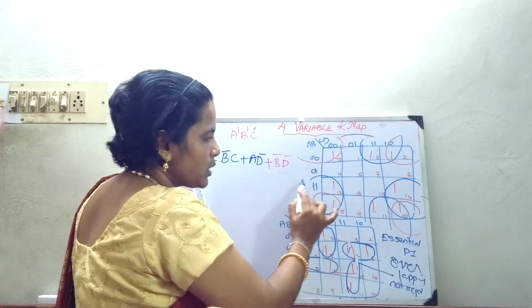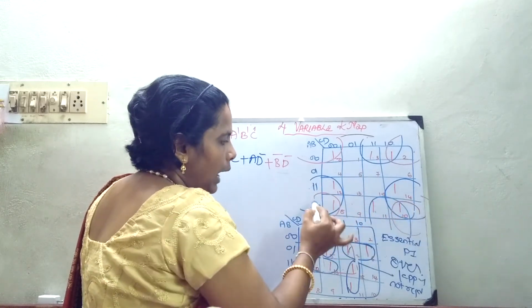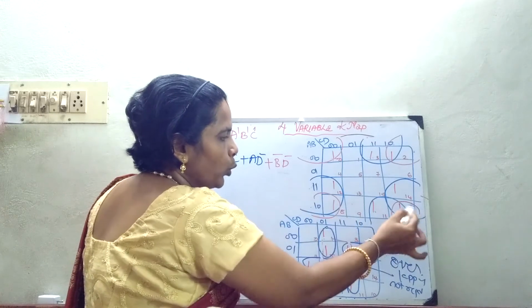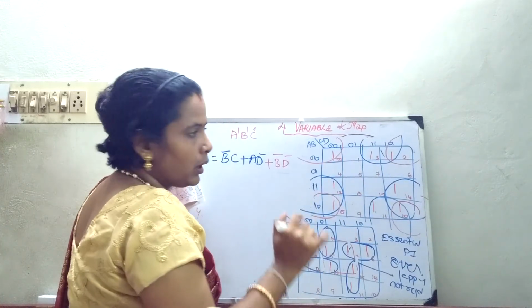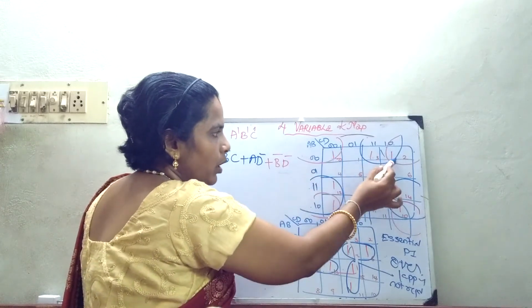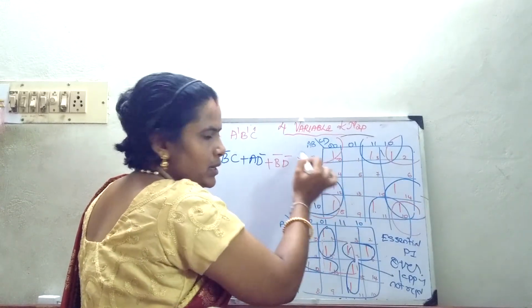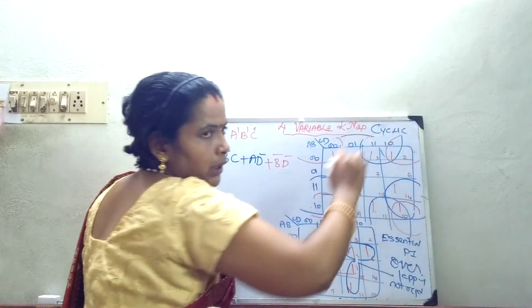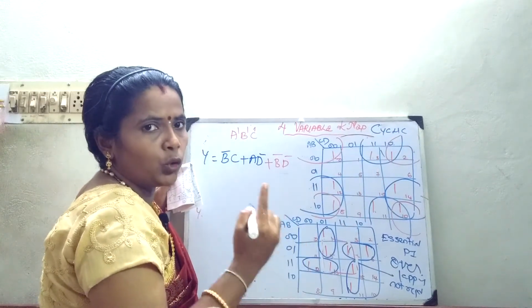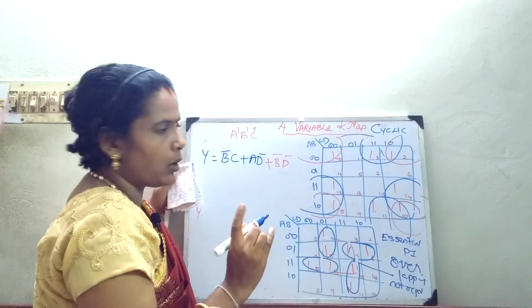In this case, if you see, this is my 4 cell grouping. Again, what I am doing, I am grouping all the corners. So 2 times it has been grouped. Next, again if I am going to go in for this, again it is grouped as twice. So this type of expression is called as cyclic Boolean expression, if the cells are going to be grouped twice. Okay, so 3 concepts only.